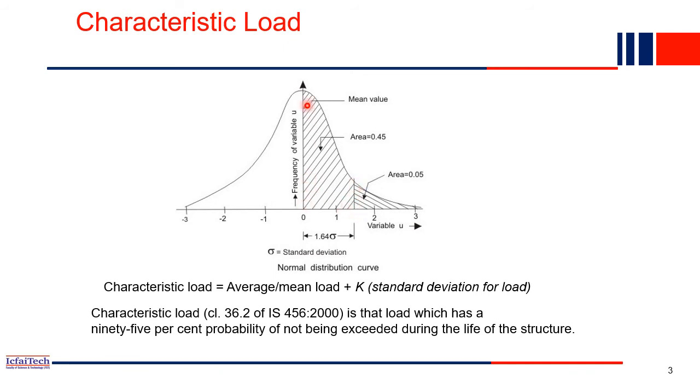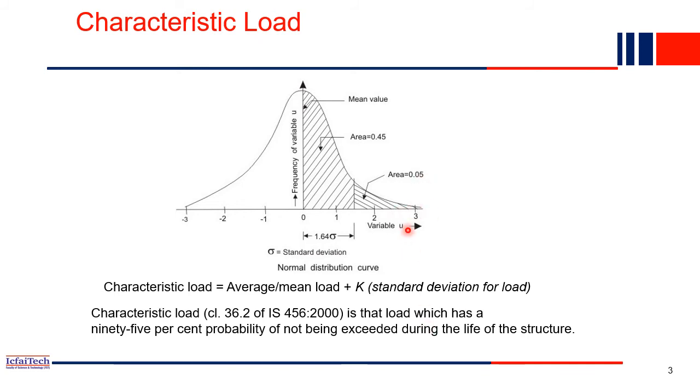So we won't take the mean value, meaning 5 members we won't take for designing purposes, and we won't take 3 members also; we will take somewhere here, maybe at 8 members. Basically 95% of the time the load is below that value, but only 5% of the time the load exceeds 8 members to 10 members or something. So we won't design for 10 members either, because 10 members will rarely come into the structure. This is very much uncertain, unlikely.